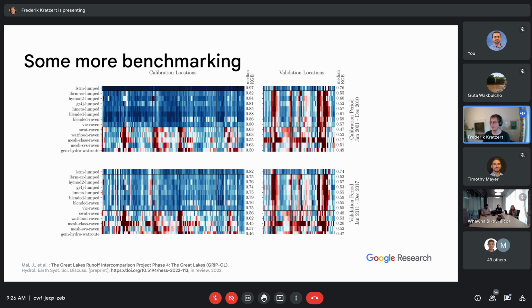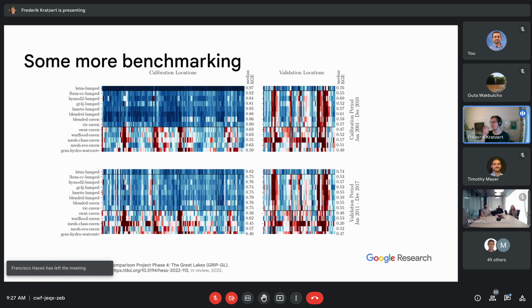No surprise that deep learning models usually are very good during training periods, and this has absolutely nothing to say about the model performance at all. Then the more interesting thing is if we, for example, go directly below, we see the training basins, but during the validation period. And we see again that the LSTM is the much better model, better than the second group of models, which is denoted by these 2 black solid lines, which are per basin calibrated hydrology models, and much better than all of the regional hydrology models that participated, which is the lower block of models.